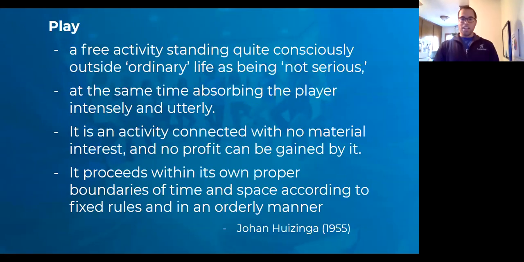So let's do it. I am reading this book right now called Homo Ludens, and it's by a Dutch guy, and he wrote this way back in like 1930 something. And he came up with this beautiful definition of play and what play is, right? I'll just give you a second to read this here on the screen.